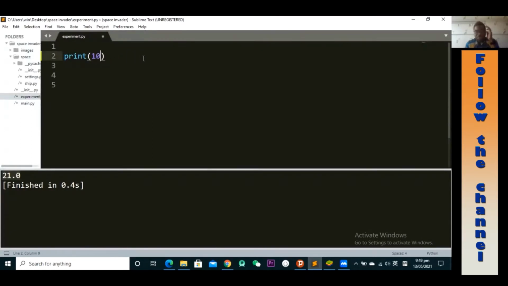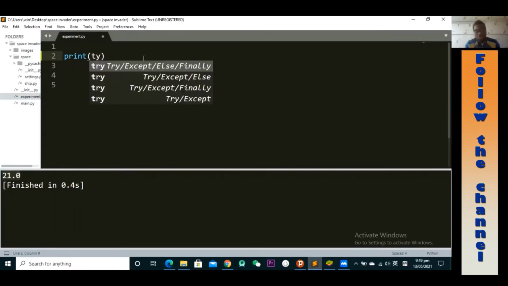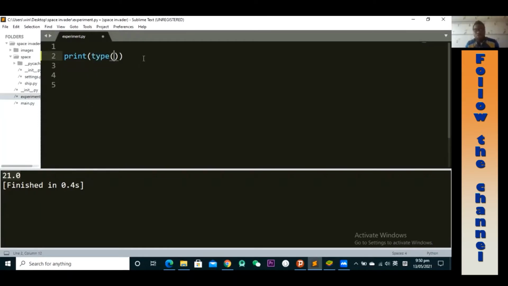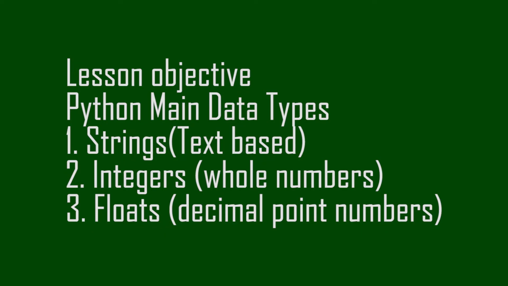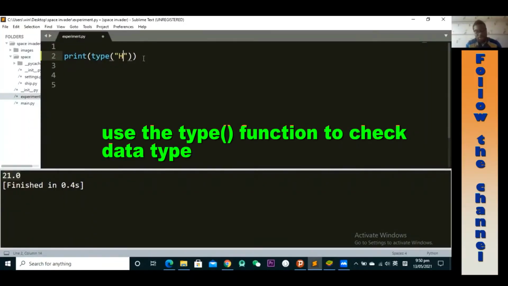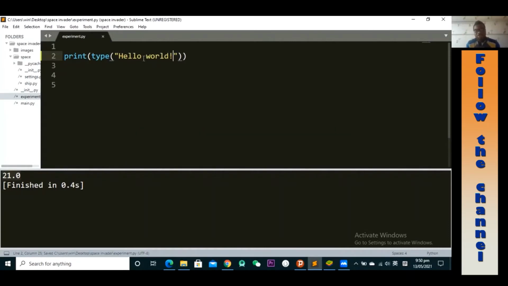When we are dealing with data types in Python, there's a special function that helps us to check the type of a given data. So we use what we call the type function. And as usual, when you are dealing with functions, you write the name of the function followed by parentheses or brackets. Inside here, we want to type in hello world. So we want to check what type of data is hello world. If I save this by pressing Ctrl S and then Ctrl B to run it, you will see down here,